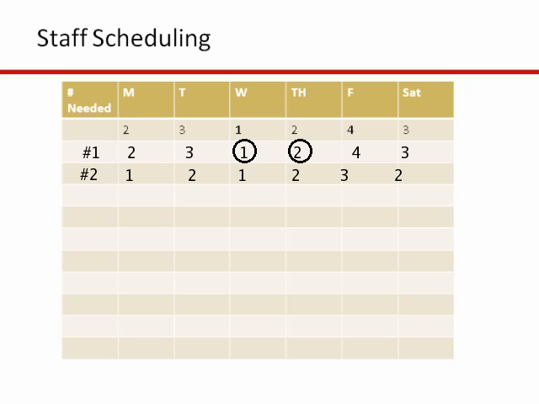Okay, so if I look at what is the smallest consecutive sum of the 2 numbers, well, I could do Monday and Tuesday. I could do Tuesday and Wednesday. I could do Saturday and Monday. There's a variety of ones I can pick. So I'm just going to go with Monday and Tuesday. Okay, so employee number 2 is going to have Monday and Tuesday off, and they're going to work Wednesday through